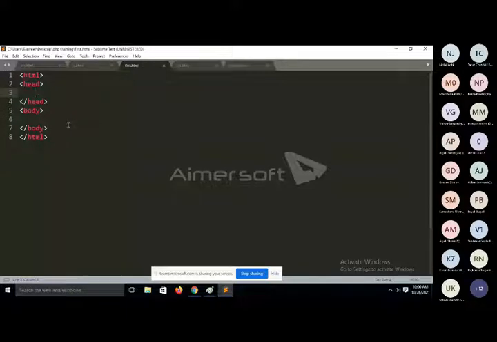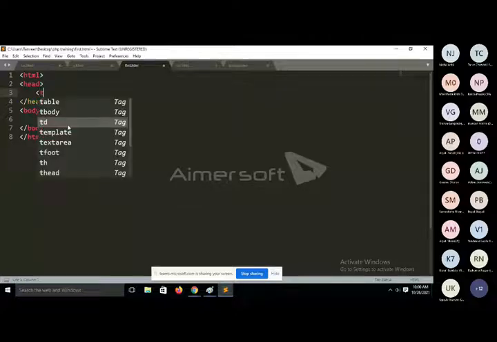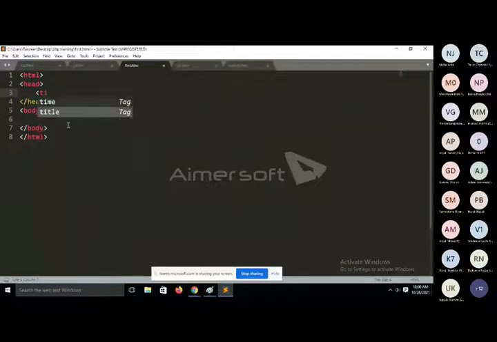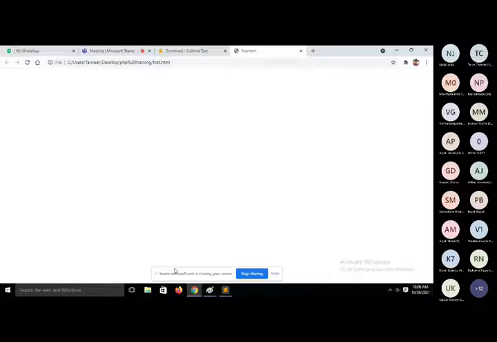In the head tag, one of the most popular tags which we will use is the title tag. With the help of the title tag, we can define our page title. See, here it is showing first.html, but here I just want to print first page. How can we do this?